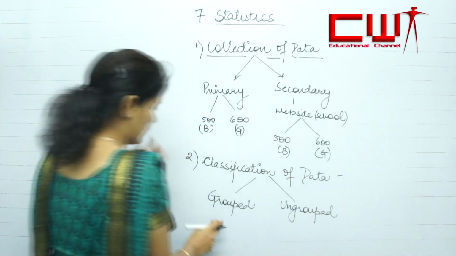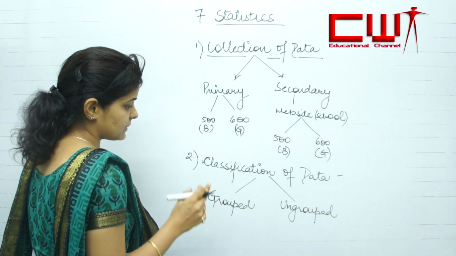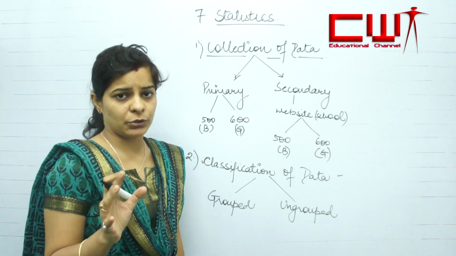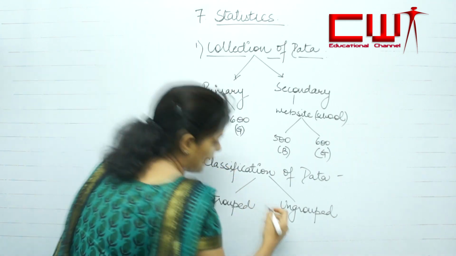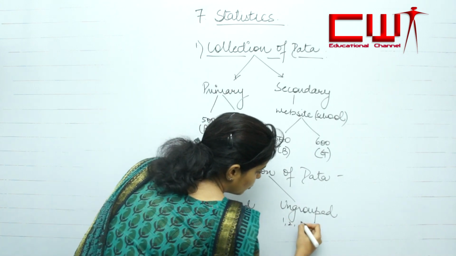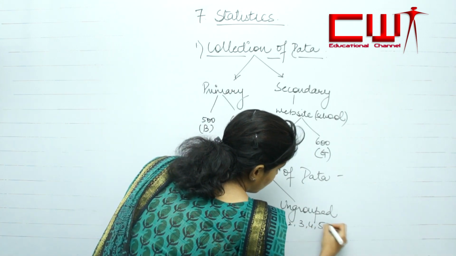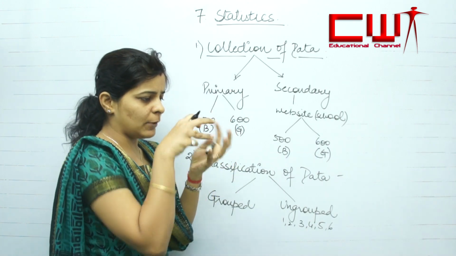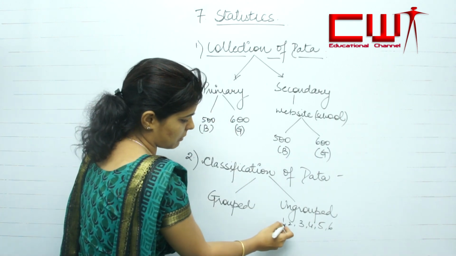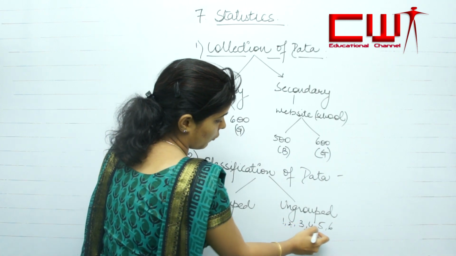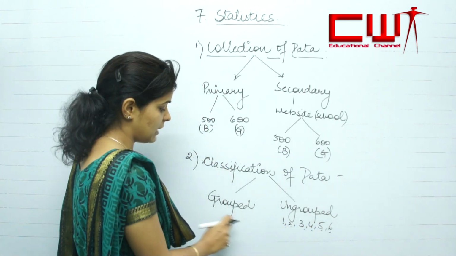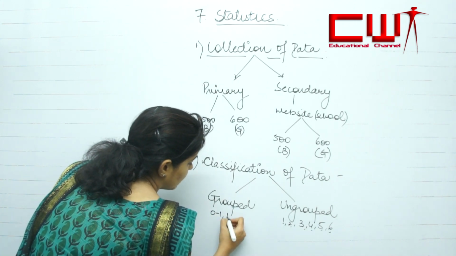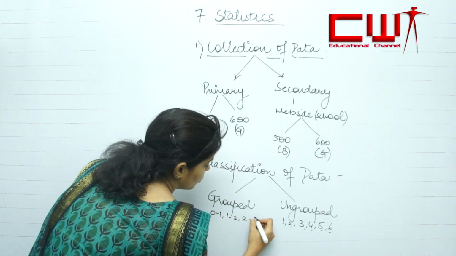What is grouped data? Suppose there are certain numbers given to you. I'll write 1, 2, 3, 4, 5. This is ungrouped. These are individual numbers, 1, 2, 3, 4, 5, 6. Whereas if you write it like 0 to 1, 1 to 2, 2 to 3,